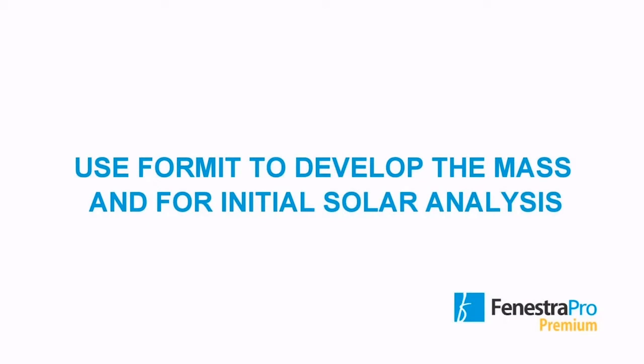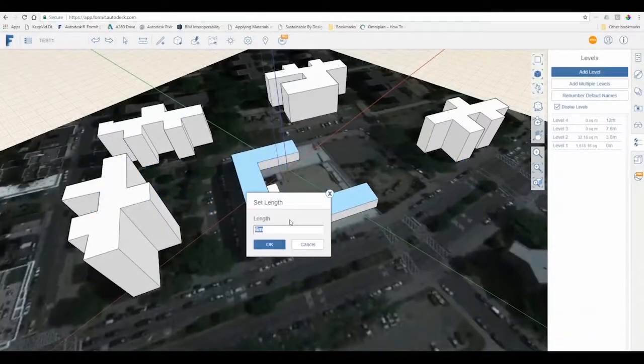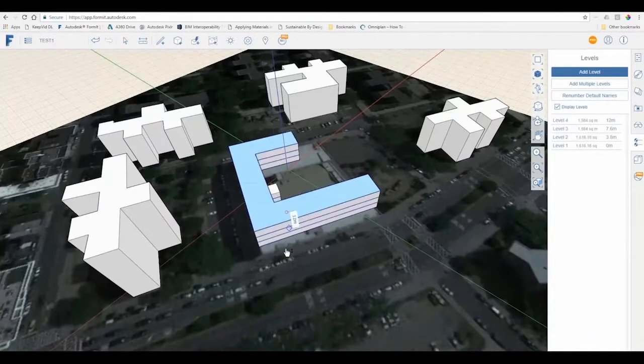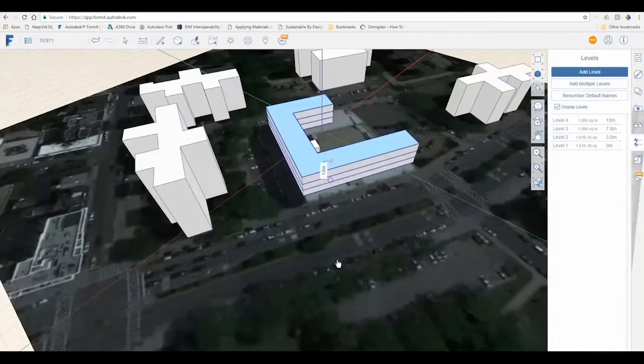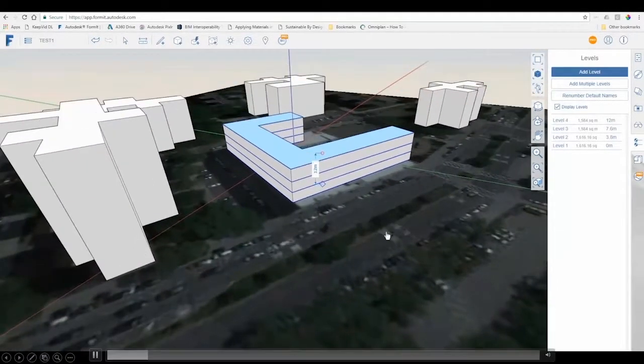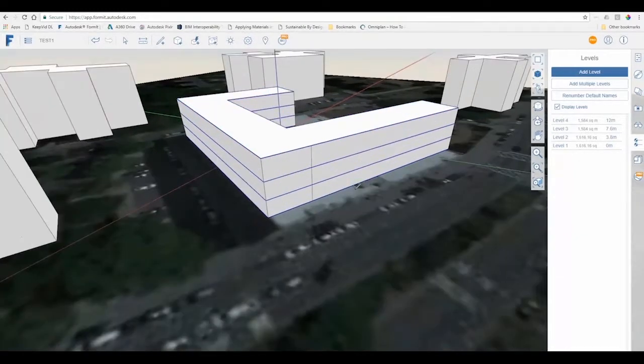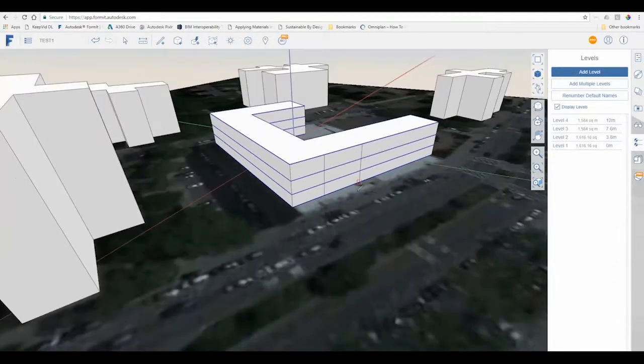Yeah, there was a question that came up specifically. Can you use Forma models with Fenestra Pro? Well, you can, yeah. So, this video actually shows it quite effectively. So there's no API for Forma yet. So we don't have Fenestra Pro for Forma. However, because Forma and Revit are built on the same workflow, I suppose